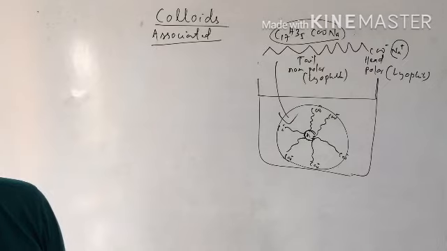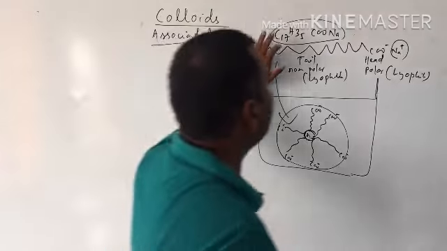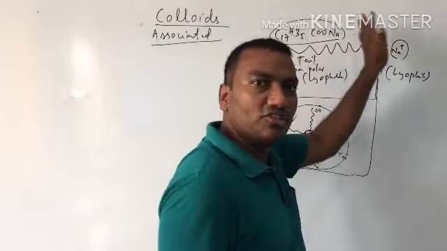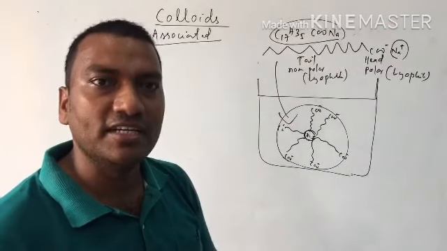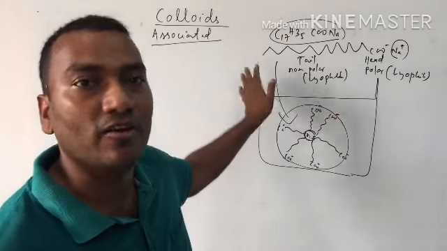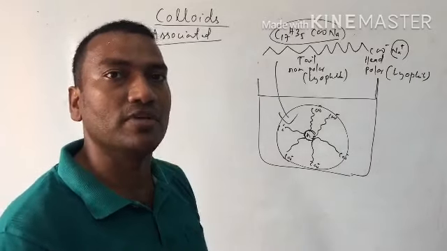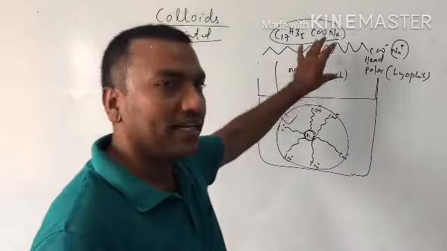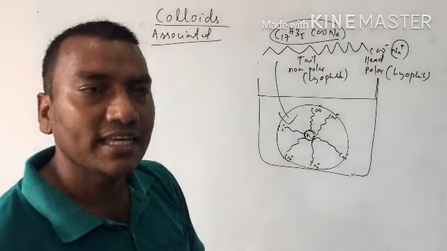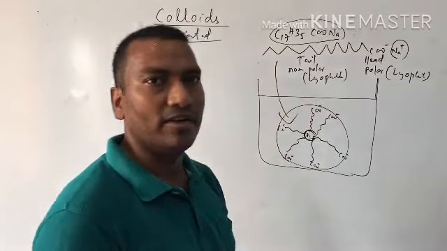Understood? So these are the colloids which at low concentration behave like a strong electrolyte, because you see, CONA, this is one salt. At low concentration it behaves like a strong electrolyte, and at high concentration it behaves like a colloid. This is known as associated colloid. This definition we have to write. Clear? Low concentration behaves like a strong electrolyte, and high concentration behaves like a colloidal solution. This is known as associated colloid.